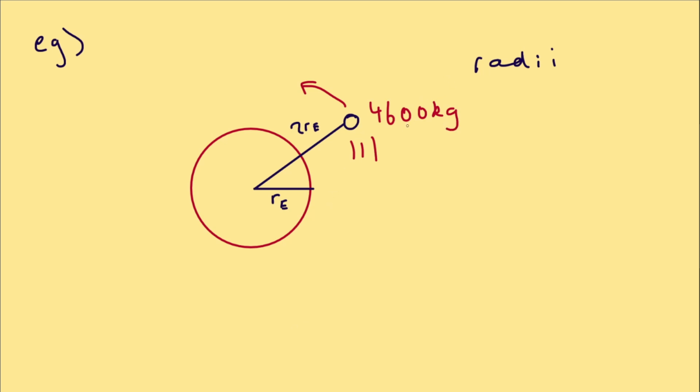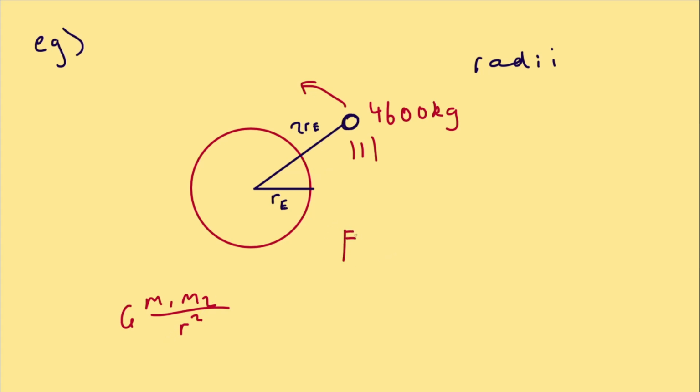To find how strong gravity is acting on each other here, we could use the law. But let me introduce you a concept called the inverse square law. So as we know, the law of gravitation says this. Mass 1, mass 2 times G divided by radius squared. This means that as you get further and further away from Earth or any object, the gravitational force you experience decreases by the square of your distance.